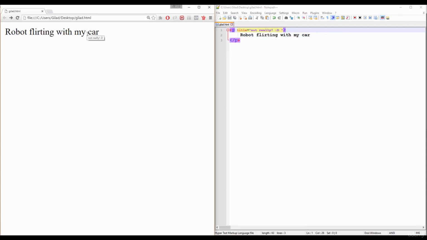But if you look closely and hover your mouse over the text in the web page, you will see a tooltip saying, "Not really," with a strange looking smiley face. This is because we added a title attribute, which lets the browser act as a tooltip.